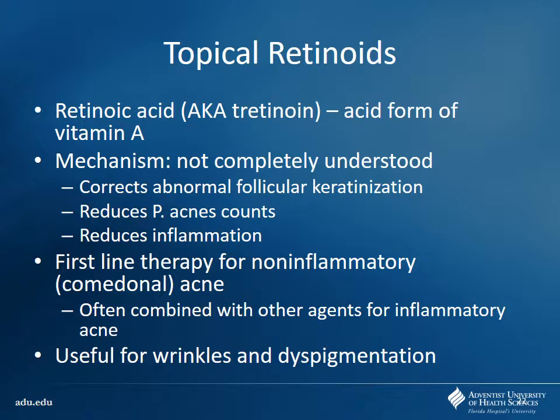Actually, it was kind of funny because one time we went on a cruise to the Bahamas. You can buy Retin-A over the counter over there in Nassau. My wife was really excited about it, and I was like, what's the big deal? But anyway,